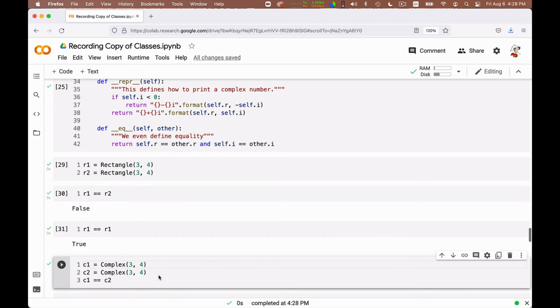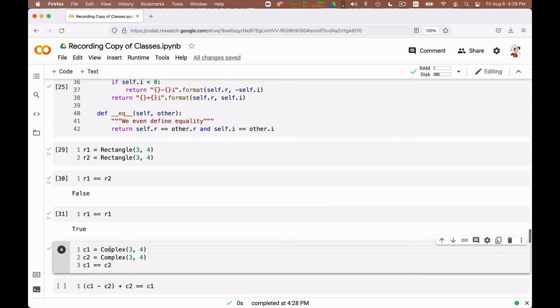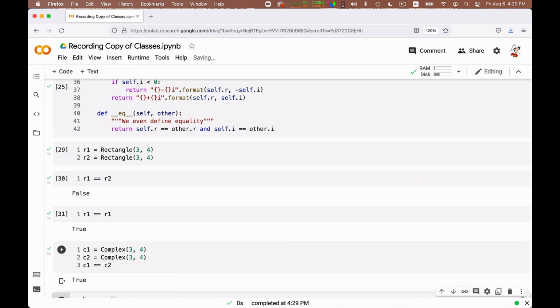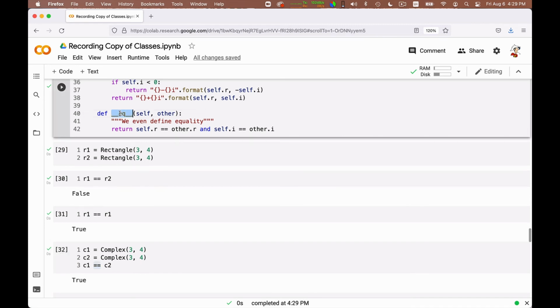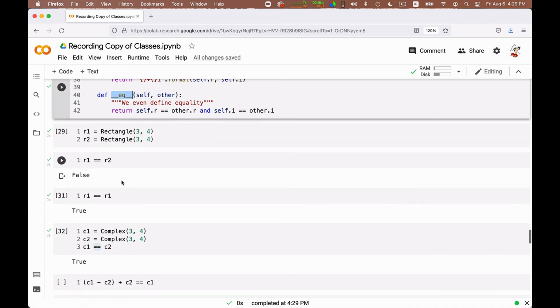And so we can say C1 is equal to complex 3, 4, C2 is equal to complex 3, 4, and then we can ask whether they are equal. And for complex numbers, we get true as the answer, right? And this double equal here is decided using a call to this method. Other things work.